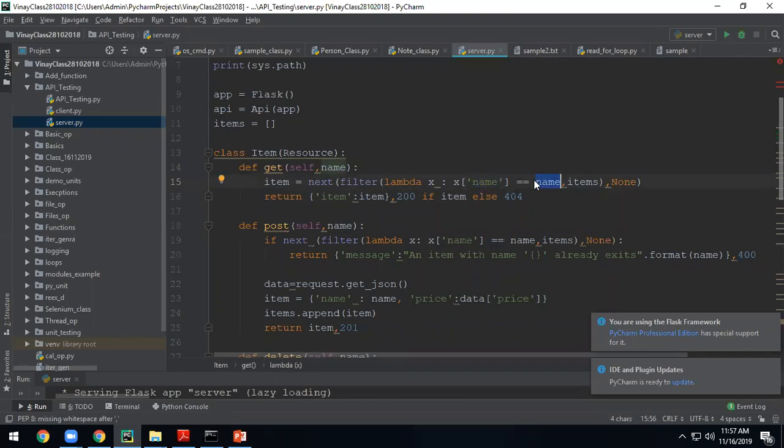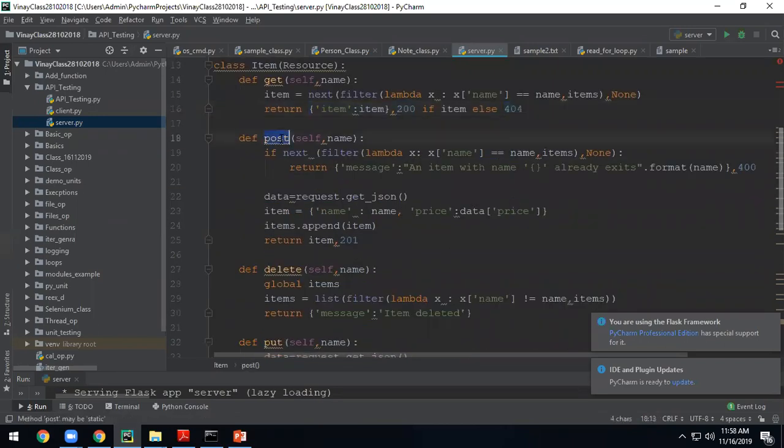At a high level, I am talking now. Once I add some content, then we can show you. I will get into this part once again, how it is working. So you are trying to do a lambda function on this. As and when your name is matched, you return the item from this list. If it is not matching, you return none. Think of it like in a list, you match something and give the value. That item you create as a dictionary and return with a response of 200. If it is not matching, you return a 404 error code. I will tell you, I have a list of error codes also. 200 means success, 404 is resource not available.